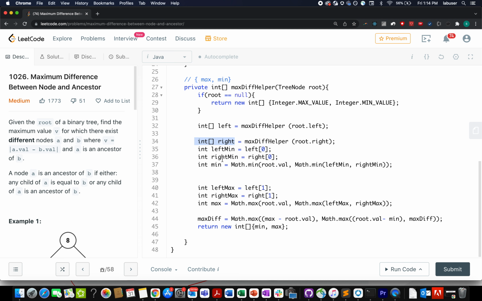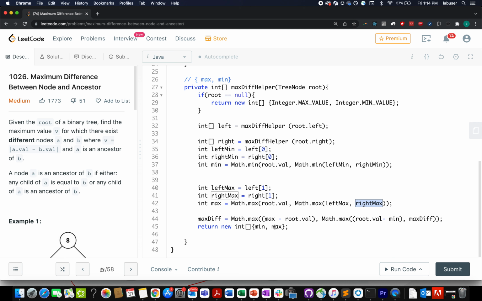Once I'm done with this iteration across the left and right subtrees, I extract all four values: left min, right min, left max, right max. I identify the minimum out of the three possibilities: root.val, left min, right min. I have taken the maximum out of three possibilities: root.val, left max and right max.